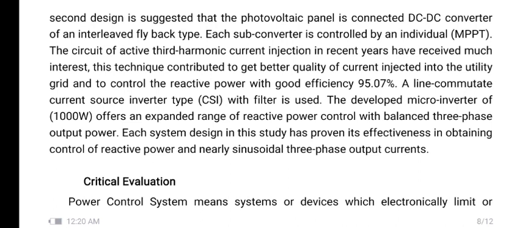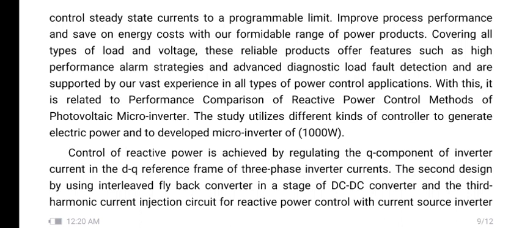Critical evaluation. Power control system means systems or devices which electronically limit or control steady-state currents to a programmable limit, improve process performance, and save on energy cost with our formidable range of power products. Covering all types of load and voltage, these reliable products offer features such as high performance alarm strategies and advanced diagnostic load fault detection and are supported by our vast experience in all types of power control applications. With this, it is related to performance comparison of reactive power control methods of